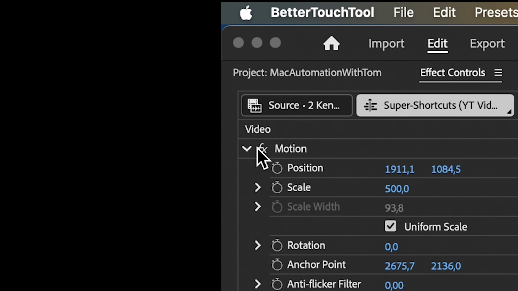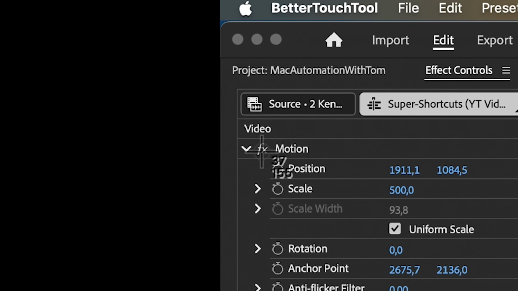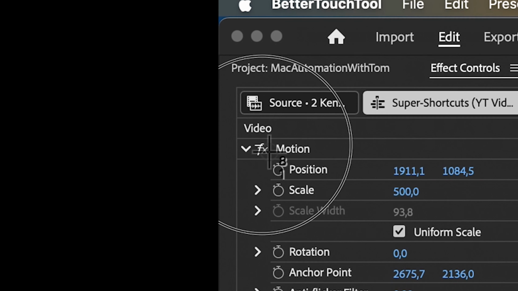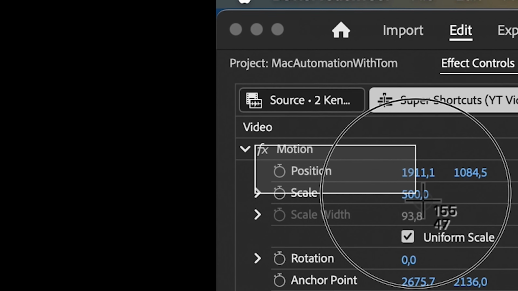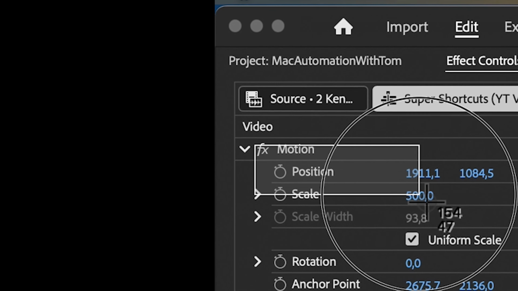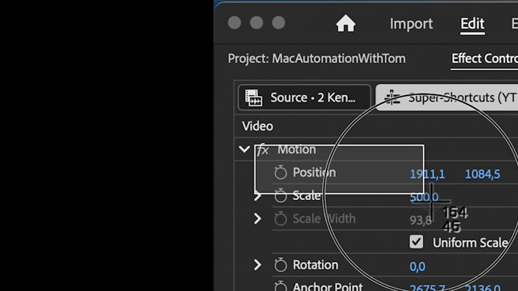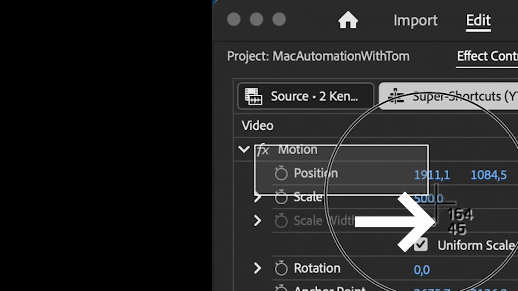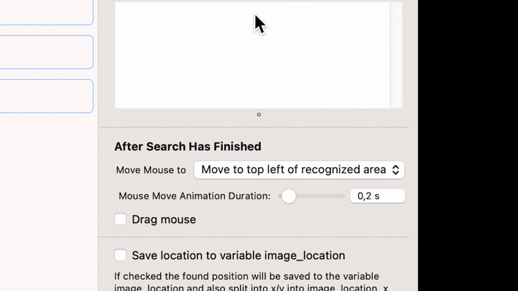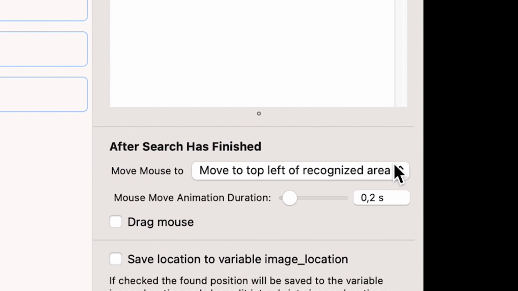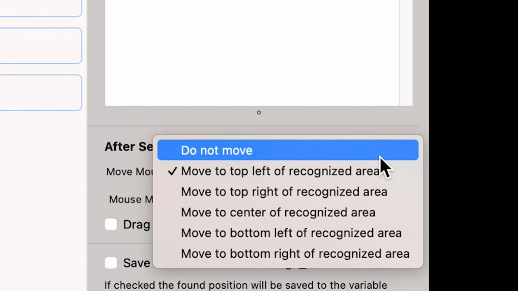With your cursor at the same spot, hit the key combination Command-Shift+5 next, which is your Mac's native shortcut to take screenshots. Click and hold the left mouse button and drag your cursor exactly over the scale value. Don't let go yet. Instead, remember the two X and Y coordinates displayed next to your cursor. When you got them, let go of your mouse and back in BetterTouchTool, change Move Mouse to Do